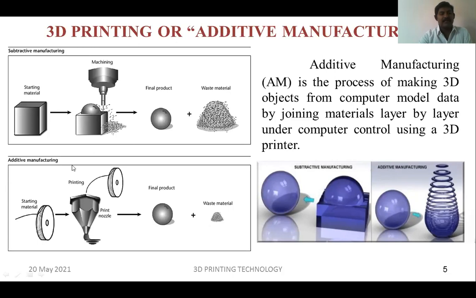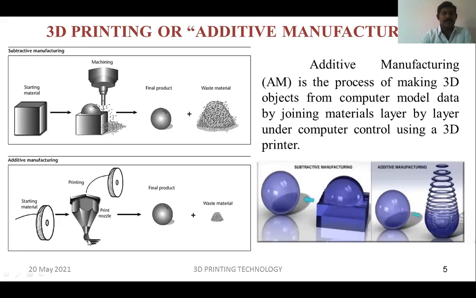And another thing is additive manufacturing. In additive manufacturing, we start from the starting material, which looks like a filament. This filament is connected with a heating nozzle, and the final outcome from the nozzle is in a liquid, or semi-liquid, state of